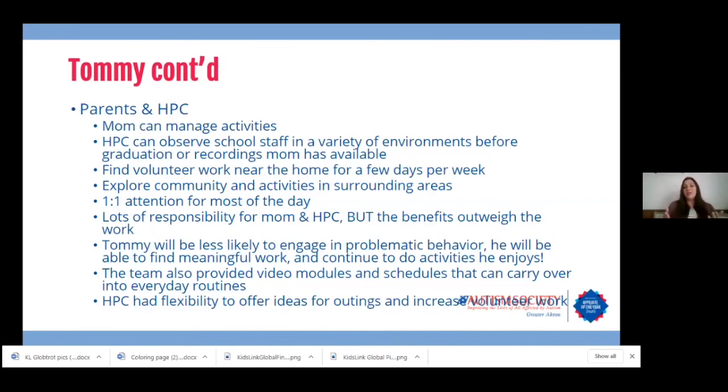So a volunteer placement that we set up for Mom might not stay for 2 years, 5 years, whatnot, or it could be a lifetime thing. We don't know, but we're giving the reins to Mom, and then Mom has to retrain the HPC. So again, this way Tommy has free range to explore the community and activities in surrounding areas. He has one-to-one attention for most of the day. It's a lot of responsibility for Mom and the home care provider, but the benefits outweigh the work for Tommy